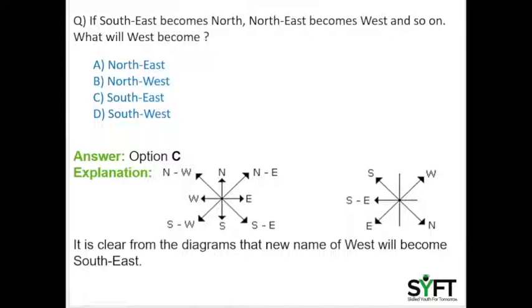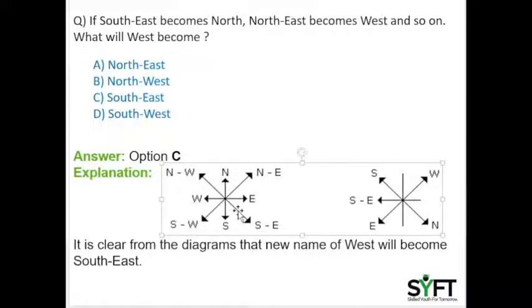Next question. If southeast becomes north, northeast becomes west, and so on, what will west become? Now let's move in a cyclic direction. It is clear from the diagram here that the new name of west would be southeast, as northeast and southeast follow the way the direction is from north, and northeast becomes west. They all make a certain angle with the center. Similarly, if we take west into consideration, then southeast would be the angle made by the line of west and the point. So we get the answer to be